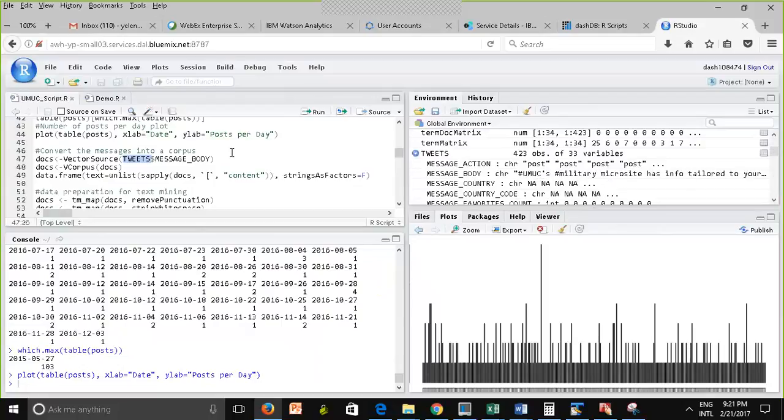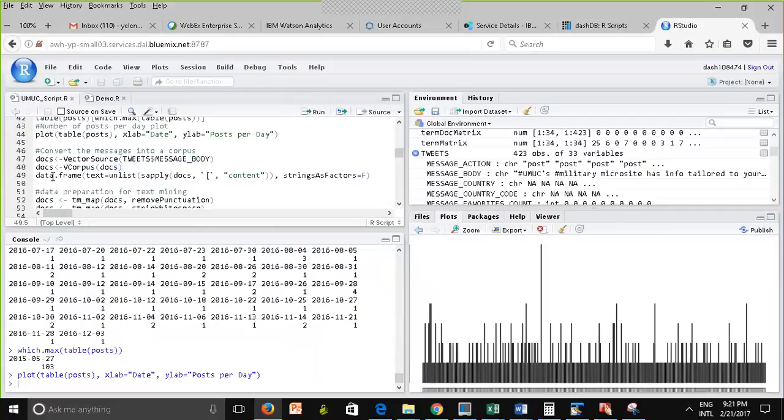What we could do is treat each message as if it's a document. Remember, in the last assignment, you were analyzing a set of documents. So you have to convert this field to a vector source, and then you use the VCorpus. So here are the steps to do this.